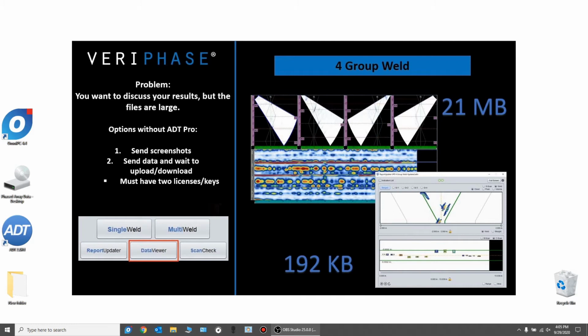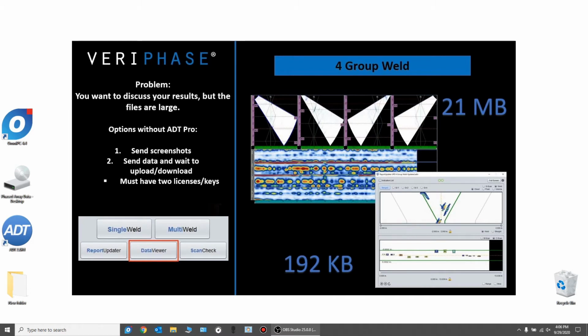And especially when you're in remote areas on slower connections, it can be really hard to send an entire file for review if you want to communicate what you're seeing, or if you just need to upload the data to talk to somebody. And of course, the user, on the other hand, also must have a license to review that data as well. In addition, phased array data can also be difficult to understand for those not trained in interpretation